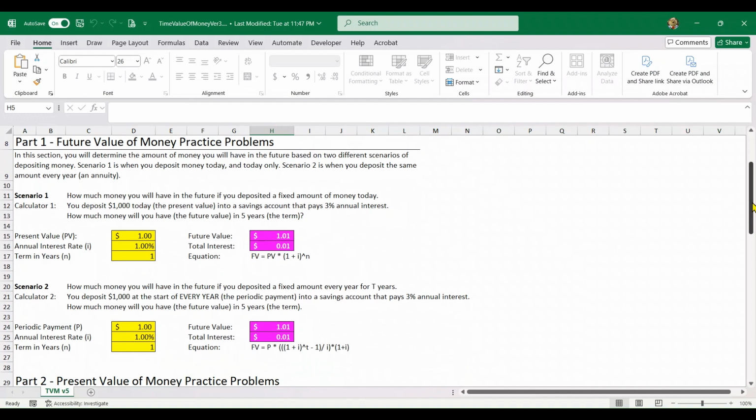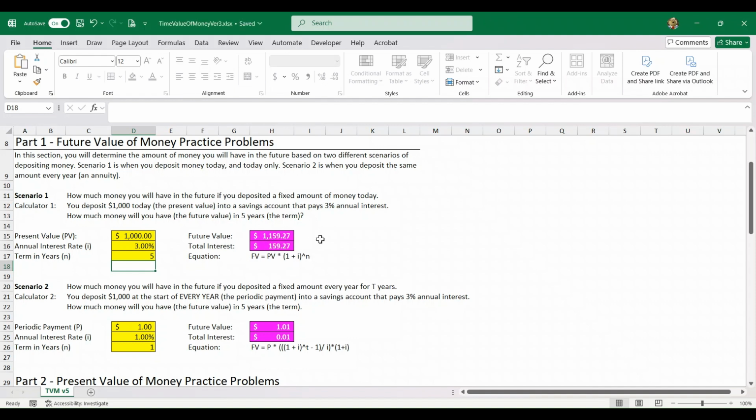Scenario 1 is the simplest of all of those cases. You can see in this case, we're going to deposit an amount now. That's called the present value. We're going to earn an interest rate, and then you're going to do that for a certain number of years. And that's going to tell you what that's worth. So in the particular example shown here for scenario number 1, we're going to put $1,000 in at 3% for 5 years. And you can see what this calculator does using this equation